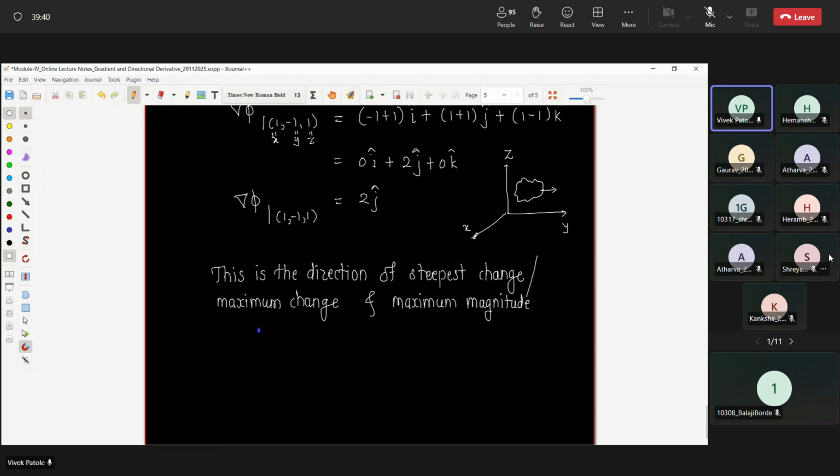The maximum magnitude is its modulus, mod of del phi at that point (1, -1, 1),